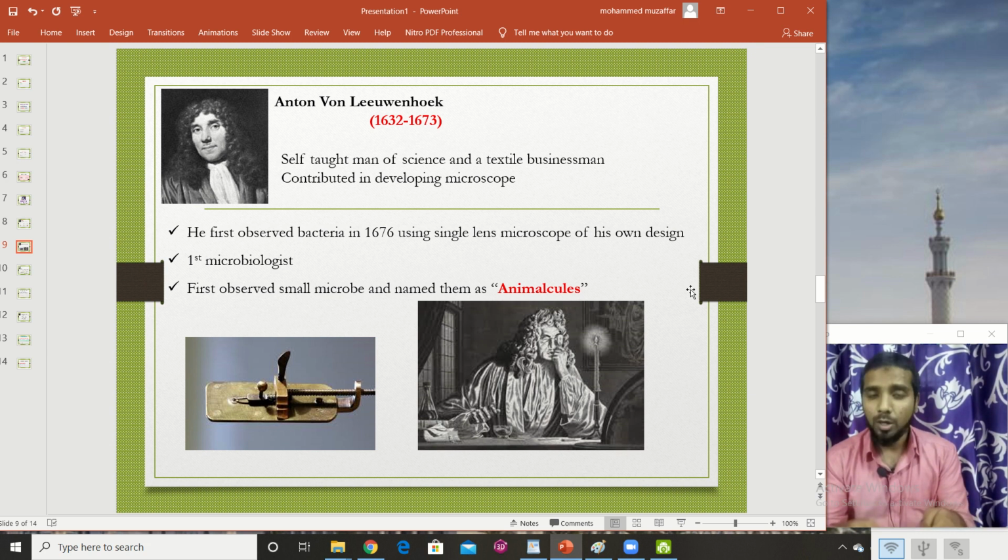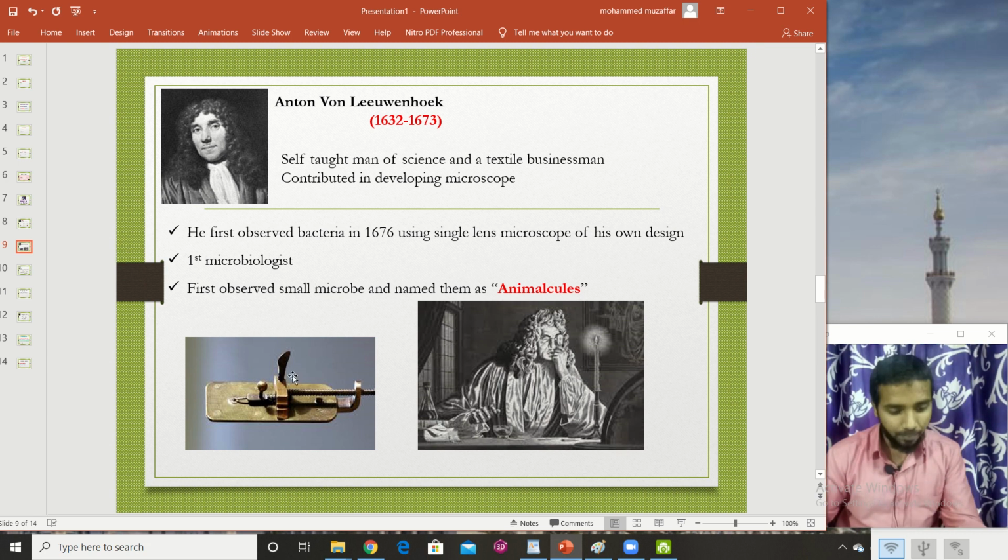many small organisms. He used to observe the quality of the cloth with that microscope. And at the same time, he had made a microscope. You can see the image here. In this image, this is the holder for the glass slide, which has microorganisms, okay. And he used to observe from this side, and there used to be a source of light from here. You can see in this image there is a light source here, and he used to hold it and observe